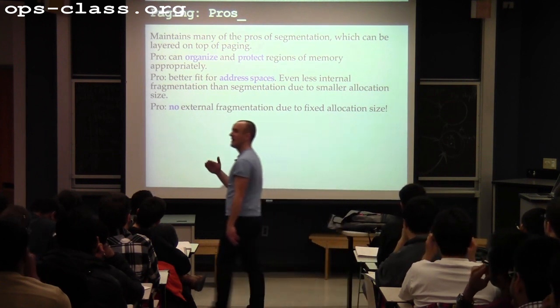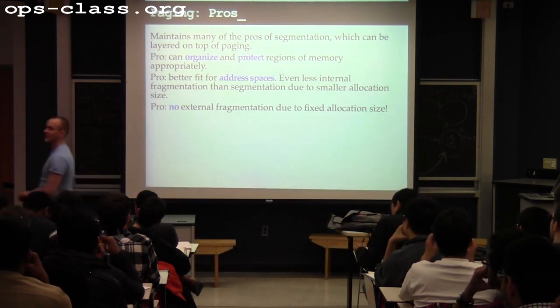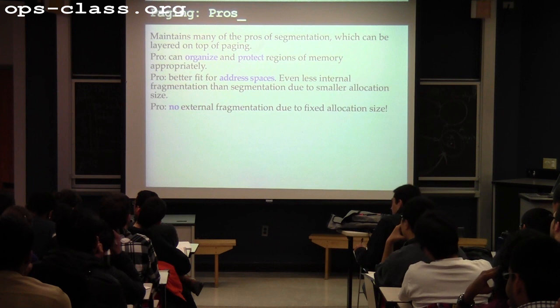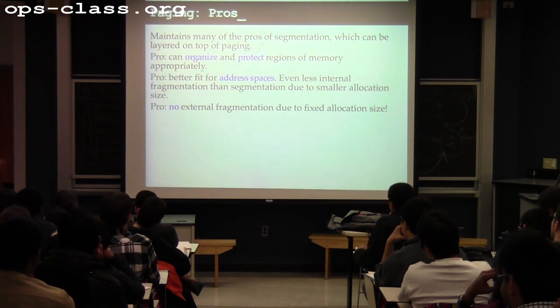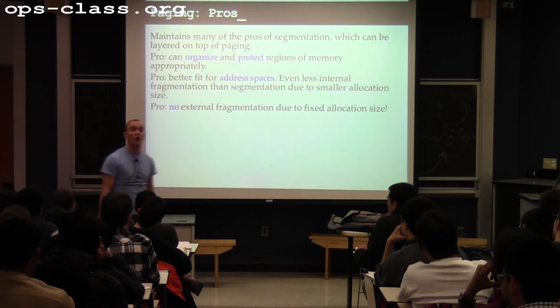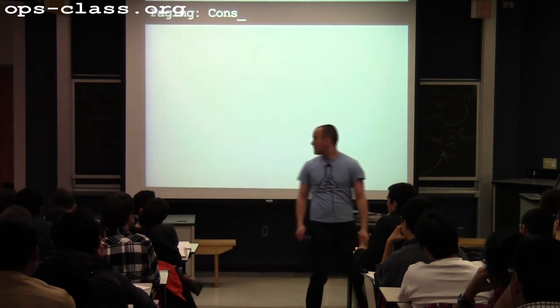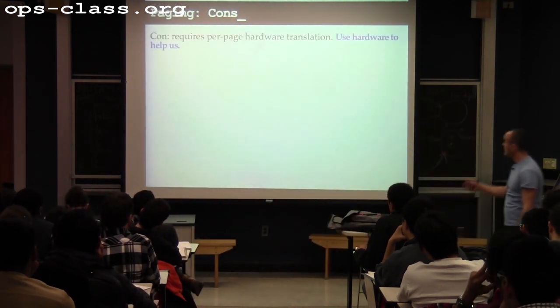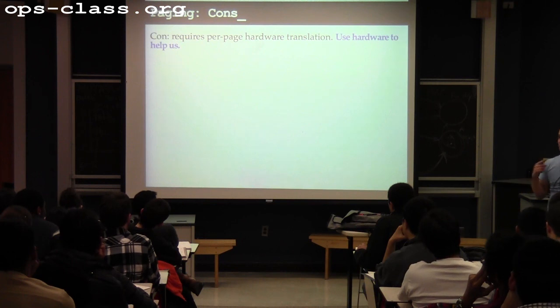If I have a page that I need to allocate in memory, and I have a page available, I've got a page available, right? There is no fit problem. Essentially, I've broken my memory just into pages, and I just allocate pages, and so the external fragmentation problem is gone, right? Which is pretty nice. The cons of paging are really that in comparison with segments and base and bound, I